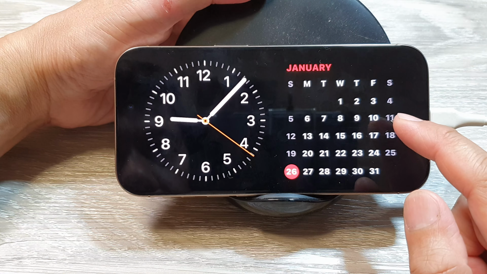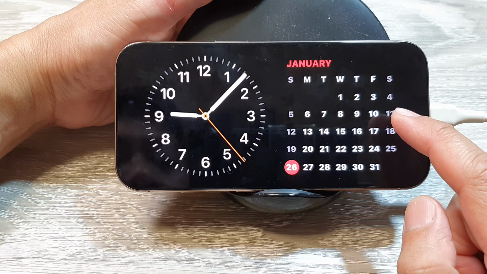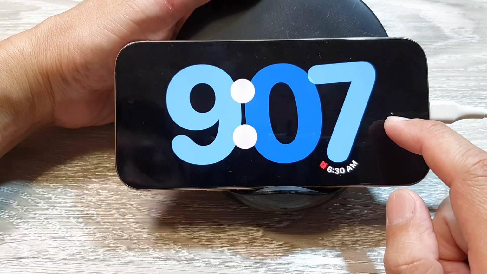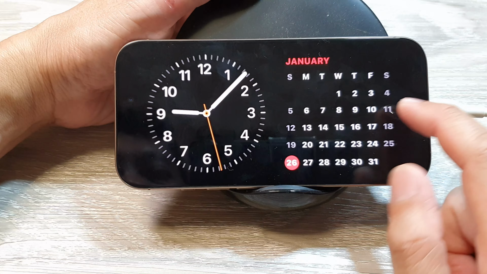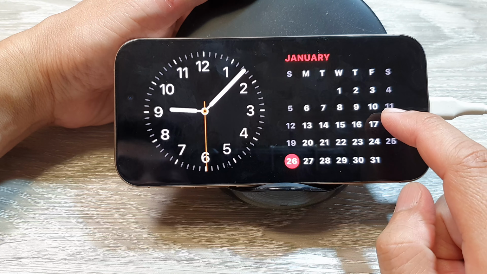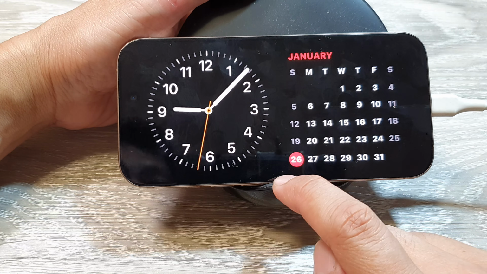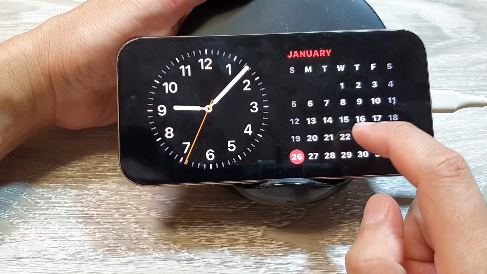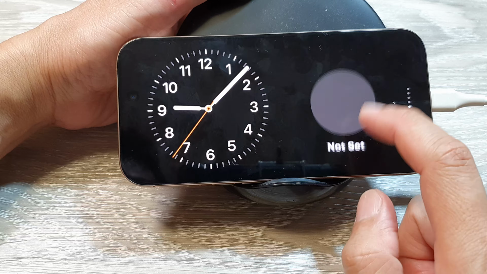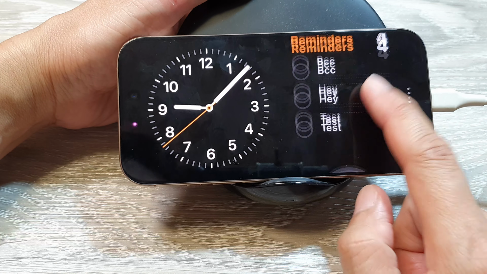What are the three different screens available in standby mode? So here you can see I can swipe across. It has three different screens. The first one is the widget screens. This will allow you to display different kind of widgets, and you can also rotate across the many different added